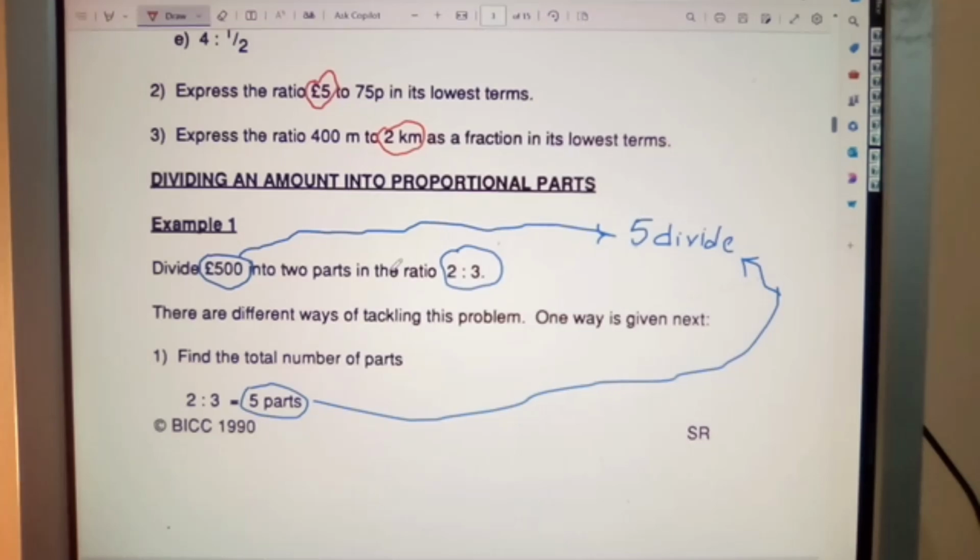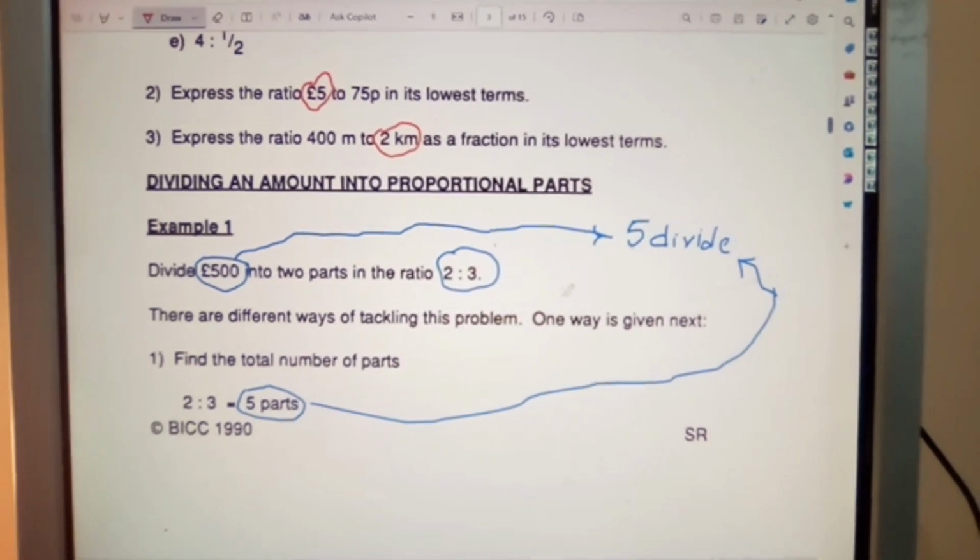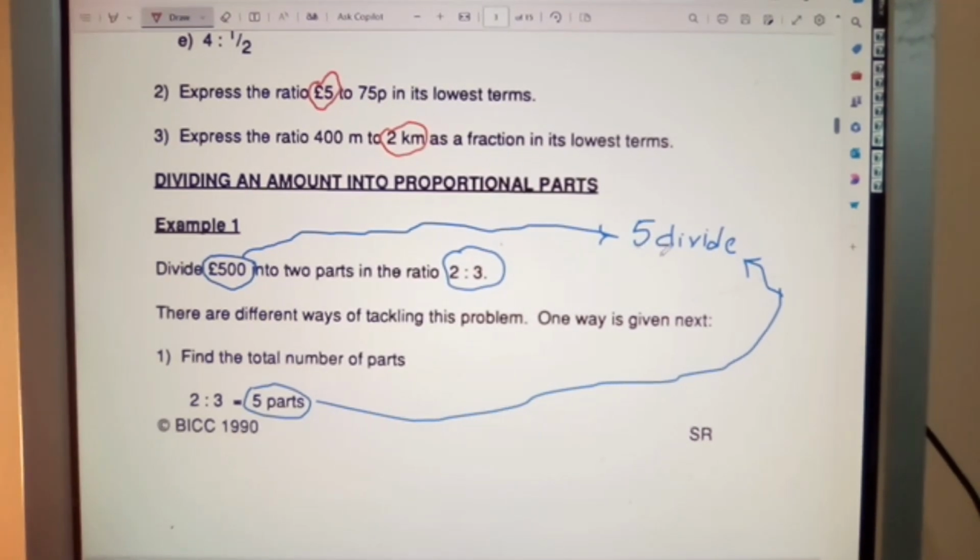Now, dividing an amount into proportional parts. Here I simply divide 5